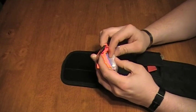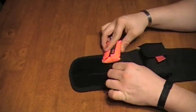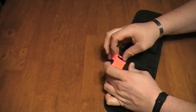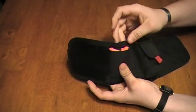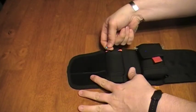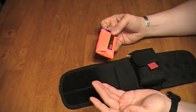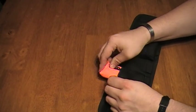And it also has a pair of gloves that came in there with it. Sticks down in there pretty good. Of course, putting it in at first, you have to kind of wiggle it in there. But once it's in there, it holds in pretty tight. And then even trying to get it out, you got to put some effort into it. So I feel pretty confident that something of this size that I put down in there is going to stay